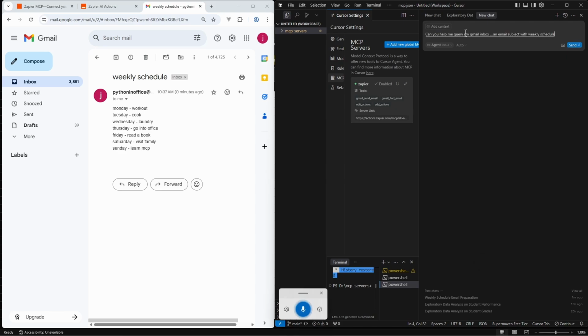And because we've given Zapier MCP the Find the Email tool, it's able to find the email with the